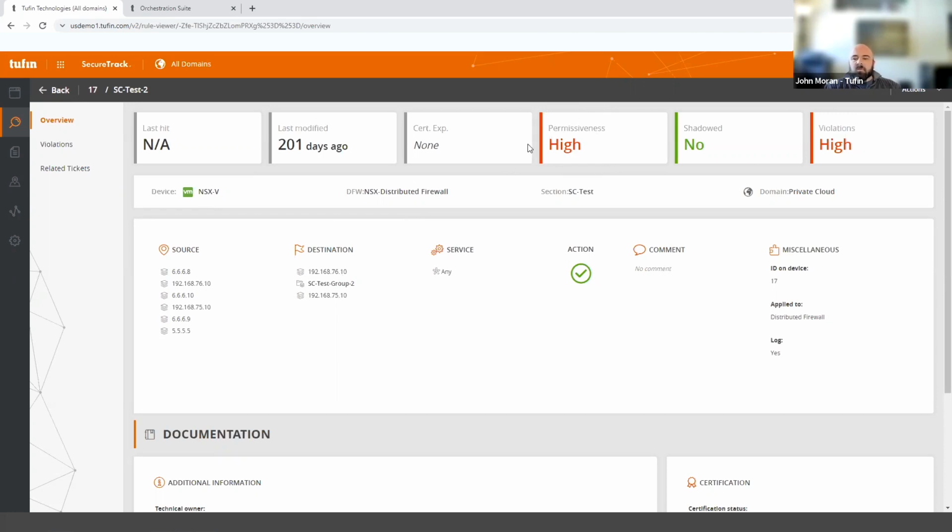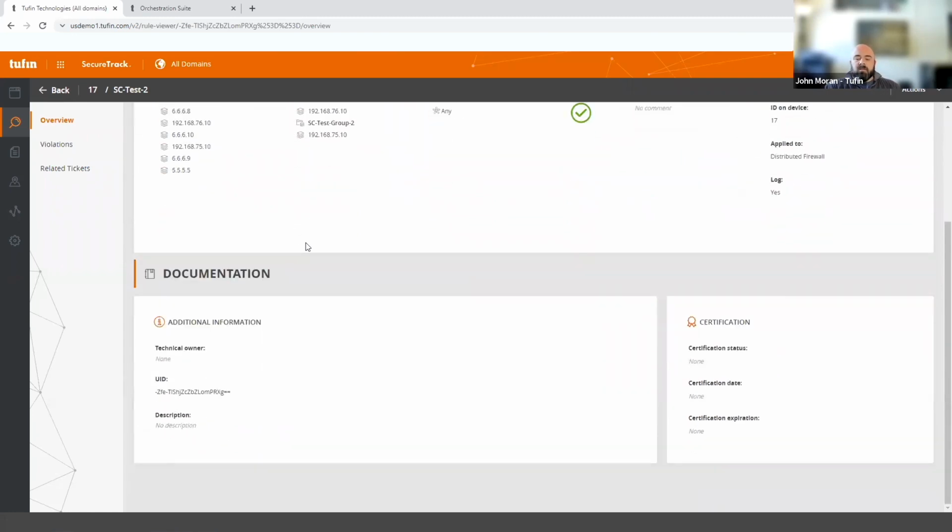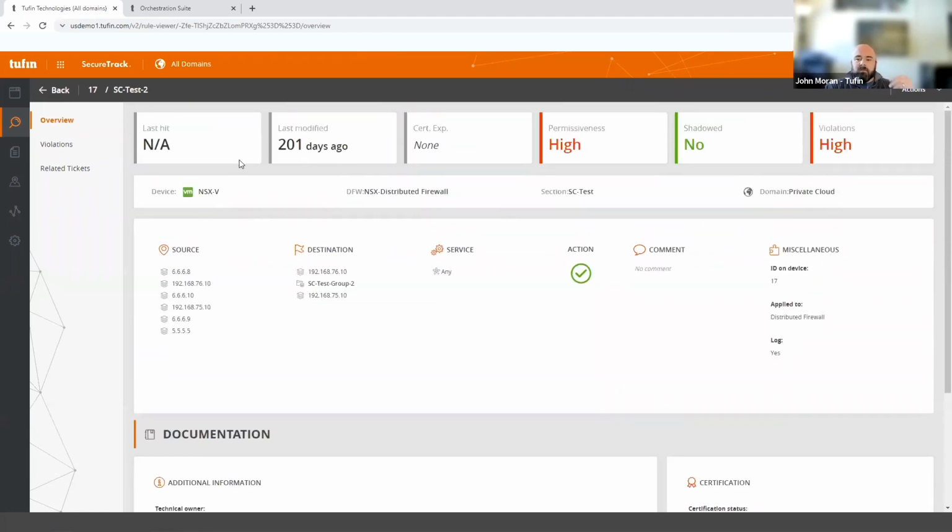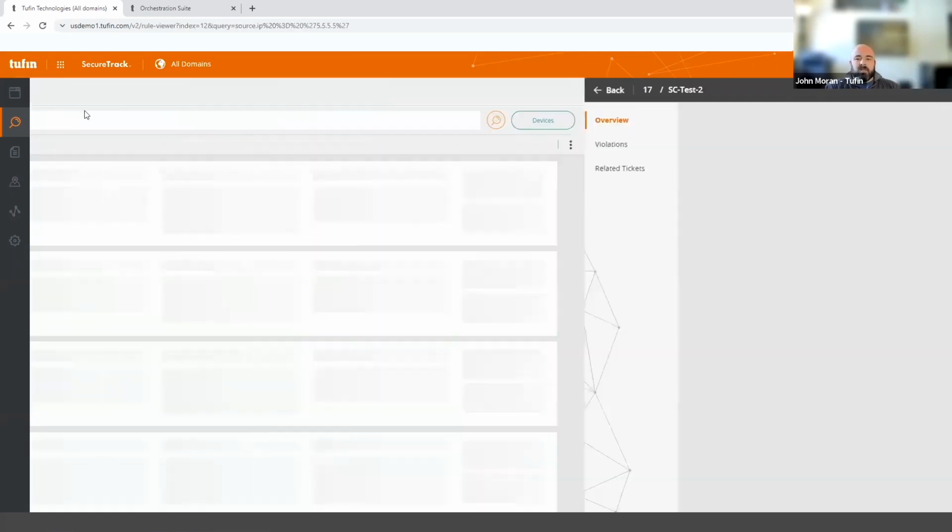Start looking for all of my permissive rules and potentially reducing the attack surface. If maybe I don't need this to be any, maybe I could limit this to just HTTPS and SSH, right? Lower that permissiveness. Whether the rule is shadowed, whether there's any policy violations, right? Very, very granular details, very granular view of your policies, again, regardless of where they are on the hybrid